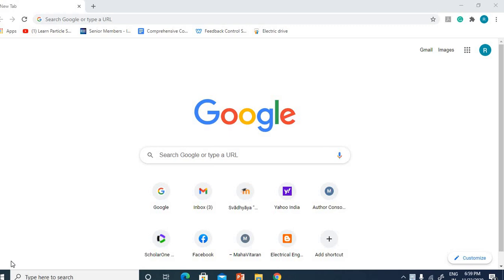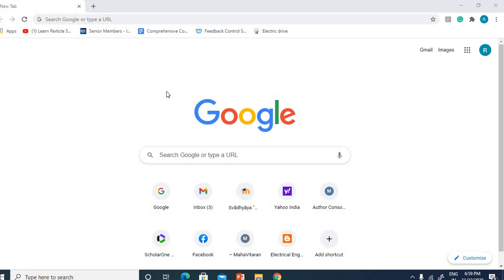In this very short video, I will demonstrate how to find out the publications in the Web of Science and in Scopus, and at the same time how to note down the citations for a particular author in Scopus and Web of Science. This guideline is prepared assuming that you have your Google Scholar account, because that will be required for linking to the Web of Science portal.